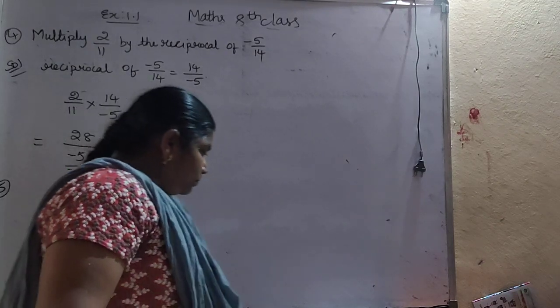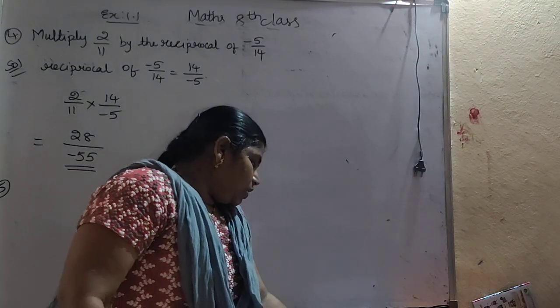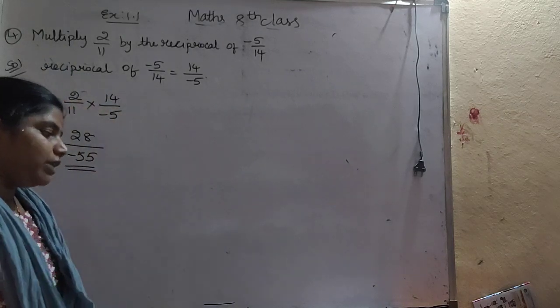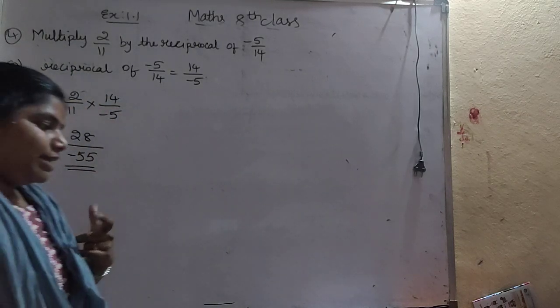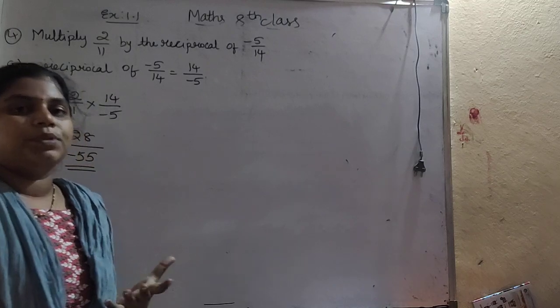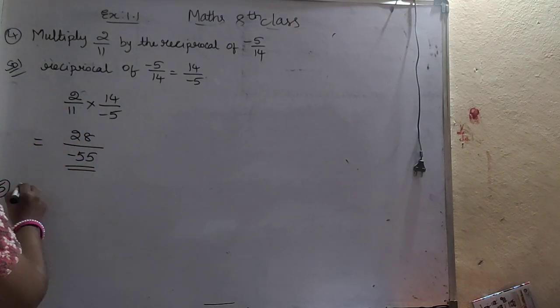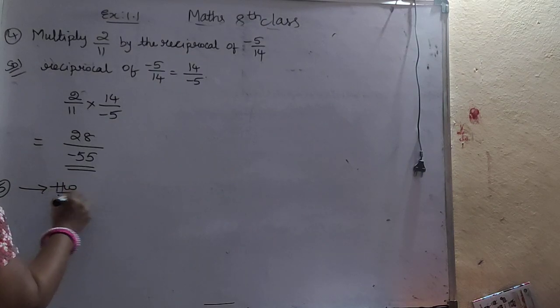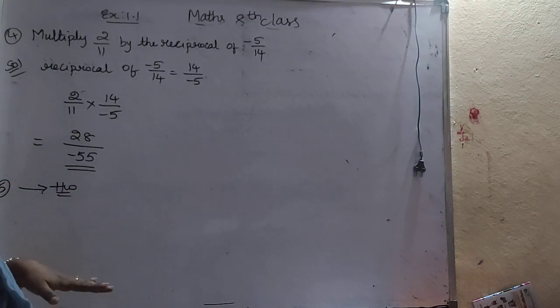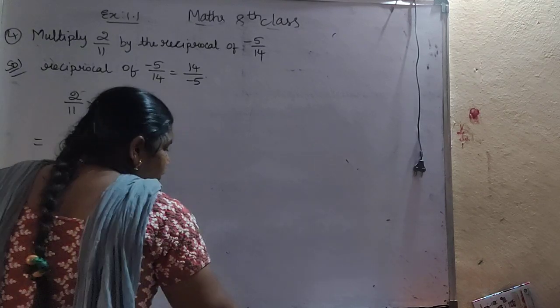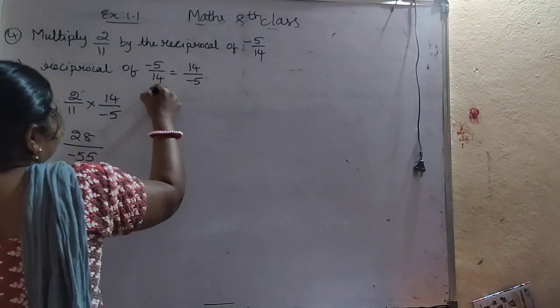So fifth one, you try it as homework. They have given one expression. For that expression, which properties can you use? You can do it as homework. I gave you all the properties, so write which properties you can use there. Okay, so next, sixth question.